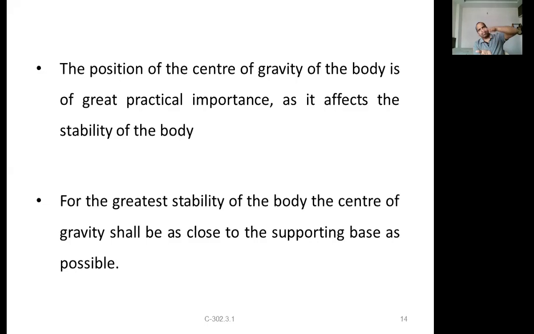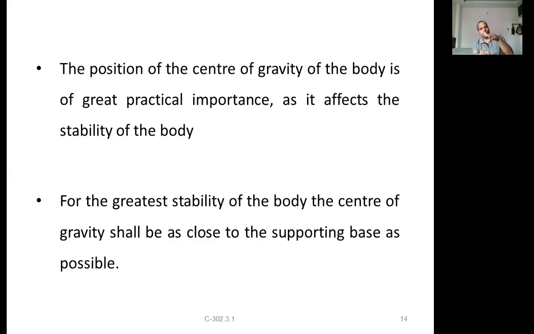If your size is increasing, the center of gravity will shift upward. In that case, if there is wind, it will obviously get tilted, and that is easily possible compared to when it is very close to the ground surface. That is why you need stability. If you increase the weight, the center of gravity comes nearer to the ground surface.